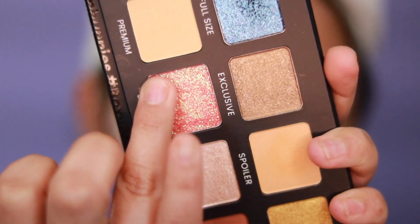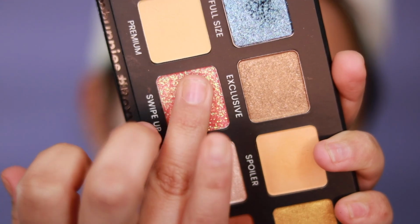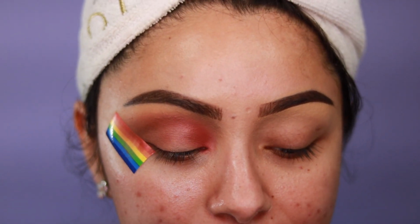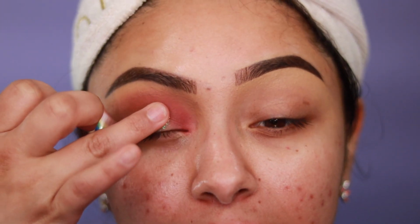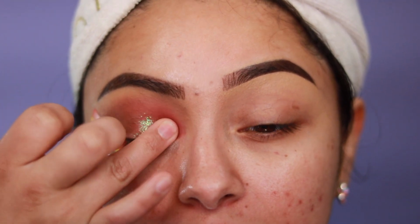I'm going to grab my ring finger and I'm going to take the color Swipe Up. When I first opened the palette, this is the color that really drew me in. This is, I guess, a pressed glitter, but it almost feels buttery. Like, I don't know how to explain it, but I'm going to be applying that